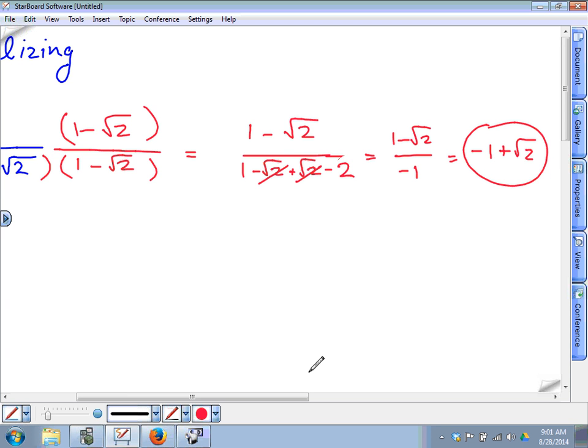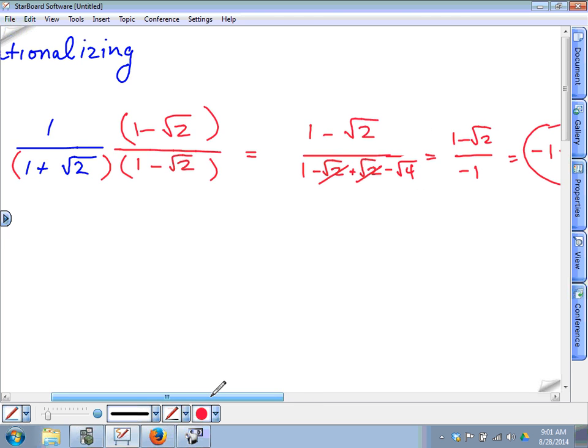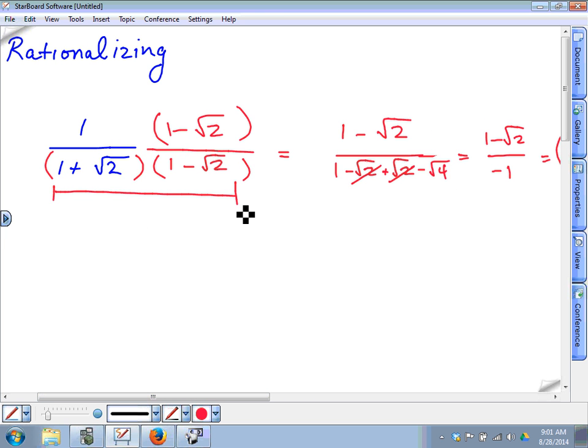Okay? But just to reference what I was trying to explain a second ago, this pattern was the difference of squares pattern, yes? So really all this is your a value squared minus the b value squared. 1 squared minus the square root of 2 squared is just 1 minus 2, which is negative 1, right? It'll save you a little bit of time if you recognize that pattern. Anywho,